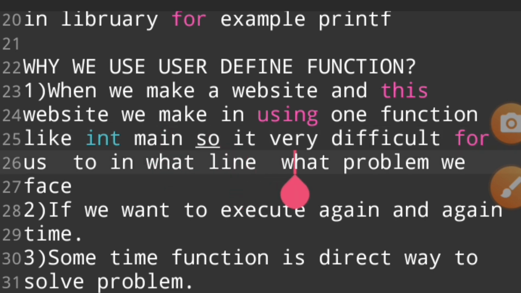So it is very difficult for us to see which problem we face and on which line the problem occurs.